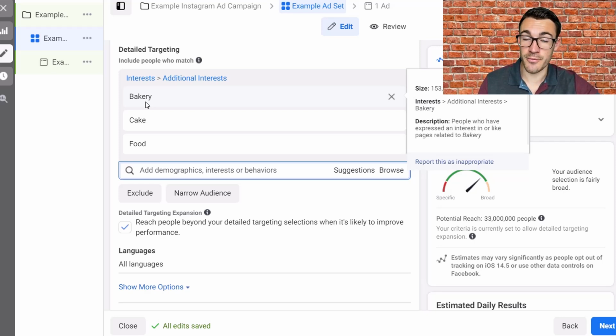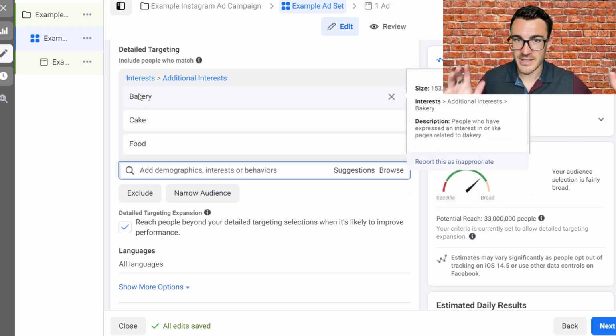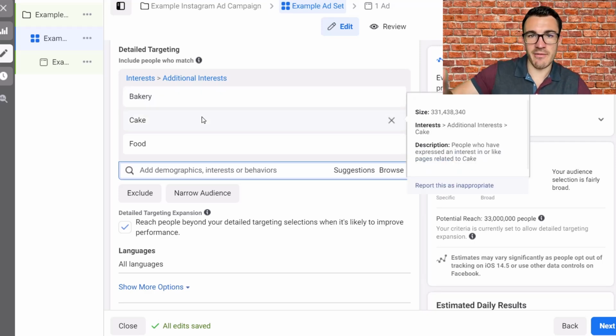We don't know which one's going to perform better, so we're going to test the 3. Then once we see our results, we're going to then optimize. Okay, out of these 3, cake and food didn't do so well. Bakery did really well. Perfect. Let's go ahead and target bakery going forward. It's a big part of the Instagram advertising process, and getting better and getting the best results is testing things like